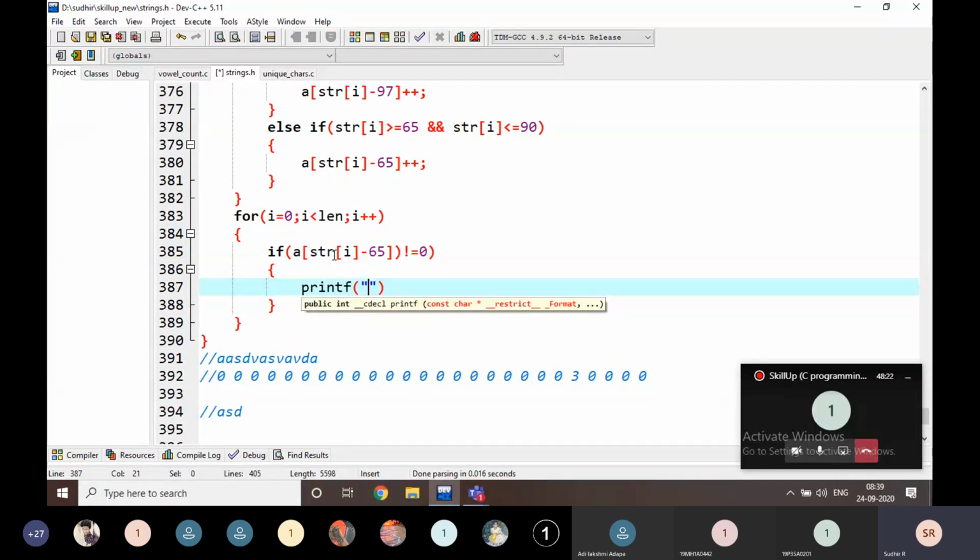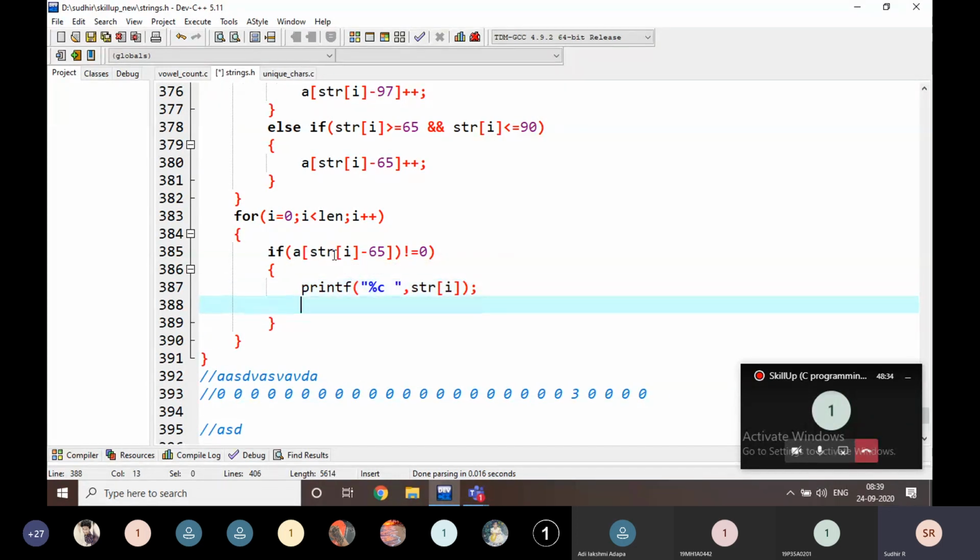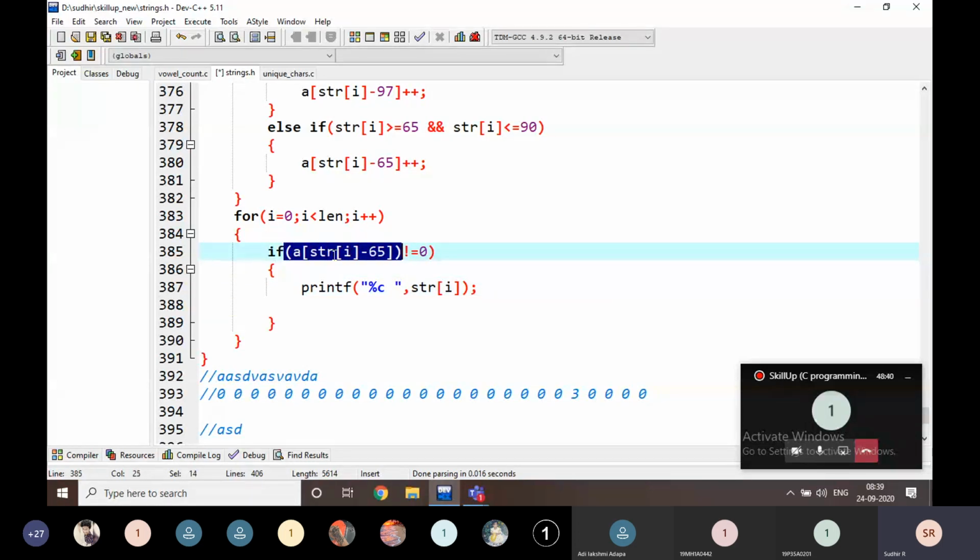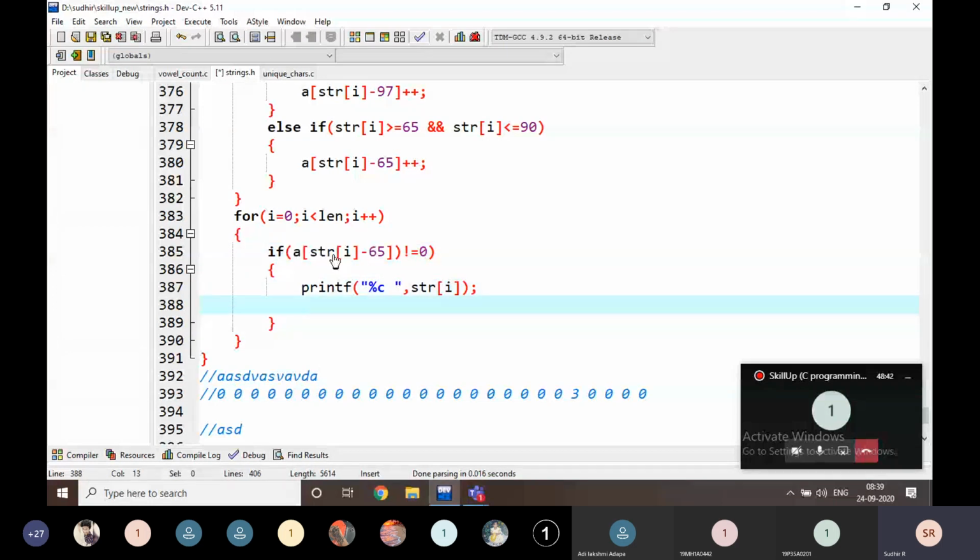Then I am going to print that character. What is that character? Str of i. I am going to print that character. But at the same time, I am going to convert this value into 0, a of str of i minus 65 equals 0.